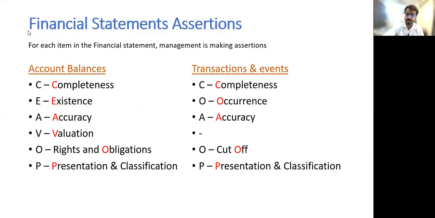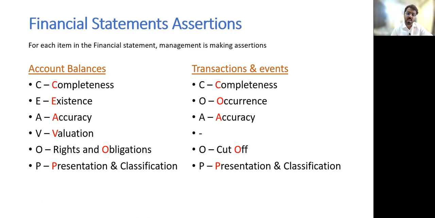Okay. So assertions are done. Now the substantive procedures. We've seen audit procedures that an auditor does. And with those audit procedures, what objectives is he having? He's having objectives of checking these assertions. Assertions, remember CVOP, CEAVOP. When you remember CVOP, remembering P&L items is going to be easy because completeness remains the same. Existence becomes occurrence, but the concept remains the same.